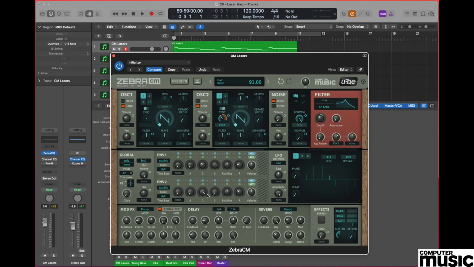It's worth noting that the speed of the sweep is controlled by the decay pot within the envelope 2 section. So if you want to make this faster or slower, merely change the value of that pot. If we make it shorter, and if we make it longer,